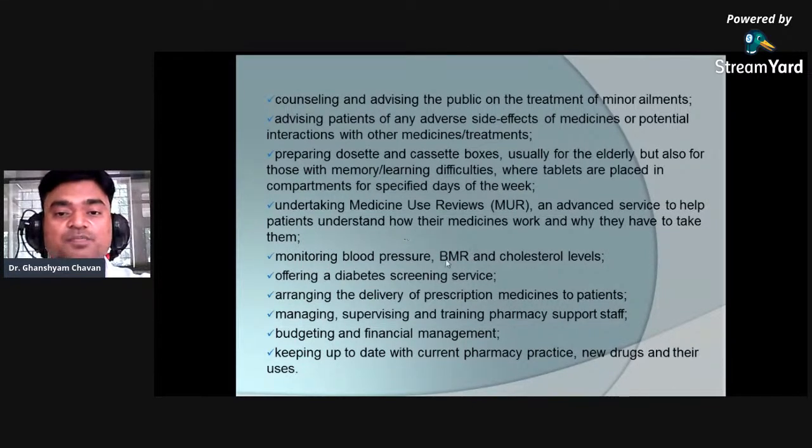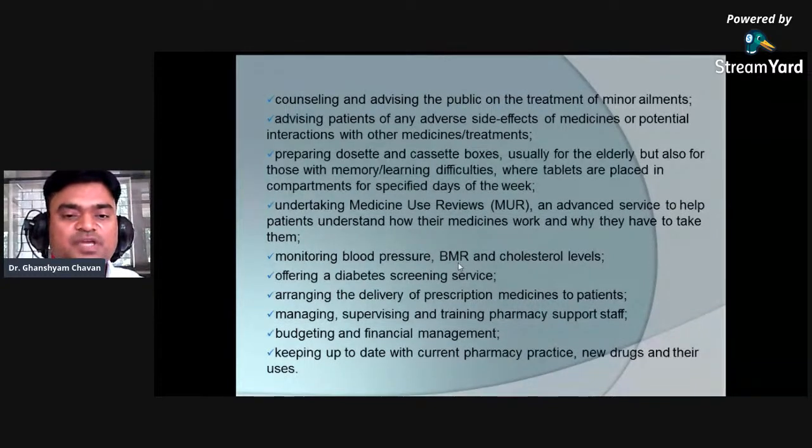Arranging the delivery of prescription medicine to patients, managing, supervising and training pharmacy support staff. It is very important. Should manage all the staff. Budgeting and financial management. We should plan our finance in such a way that you can help the society, and plan for educating all the people, keeping up to date with current pharmacy practice,